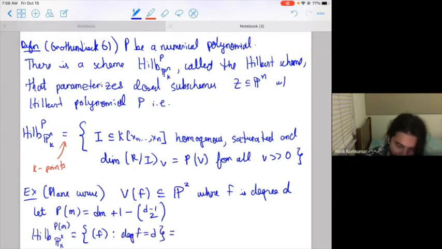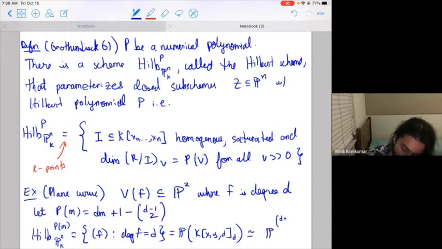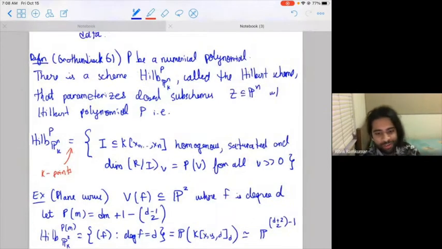And usually you want to think of this as the projectivization of the space of monomials of degree d, right? Because defining f is just a linear combination of the monomials of degree d. So this is in fact nothing but the projectivization of the space. And so this is isomorphic to P^(binom(d+2, 2) - 1). Okay. So the collection of forms of degree d, aka plane curves of degree d, is actually itself a projective